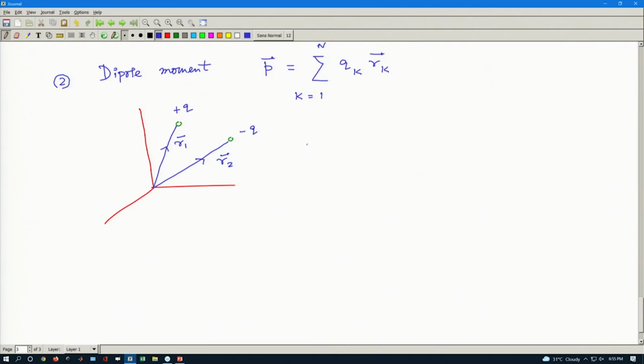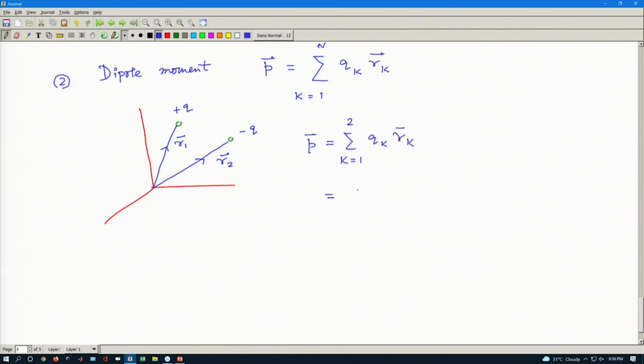So, according to this I have P equal to the summation over k equal to 1 to 2, because two charge particles are there, of q_k r_k, that is,